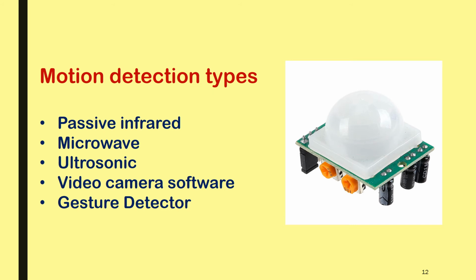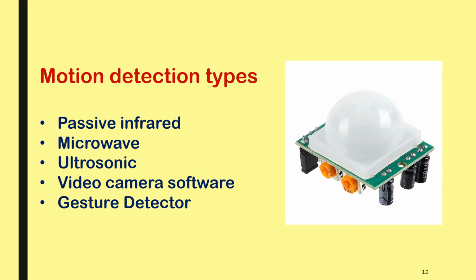Since the observed field may be normally illuminated, this may be considered another passive technology. However, it can also be used together with near infrared illumination to detect motion in the dark. That is, with the illumination at a wavelength undetectable by the human eye. So in dark places also, if you want to detect motion, with such an additional feature, infrared illumination, you can use a video camera and related detection.